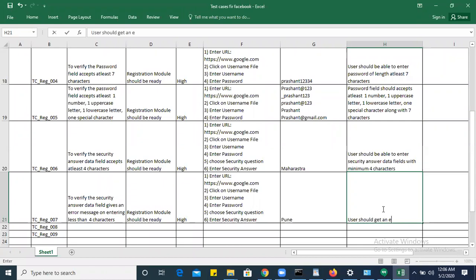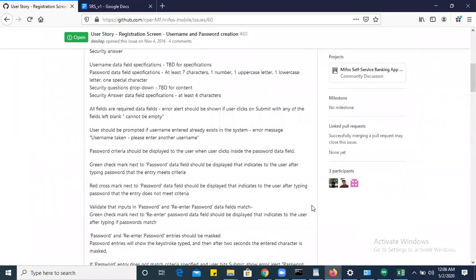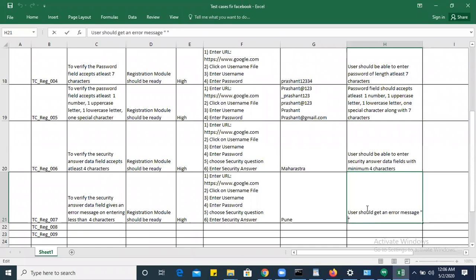Should get an error message, and what is the error message? The error message you can have is like, okay, the answer should have at least 4 characters, right?